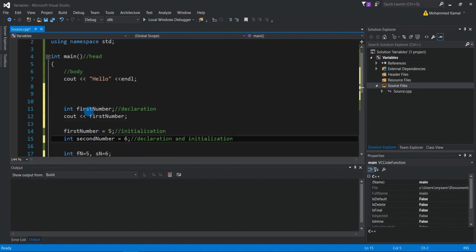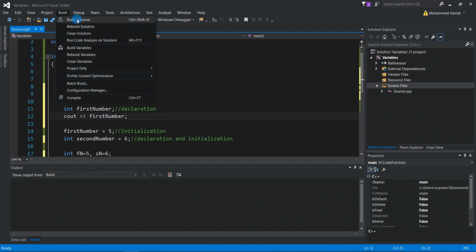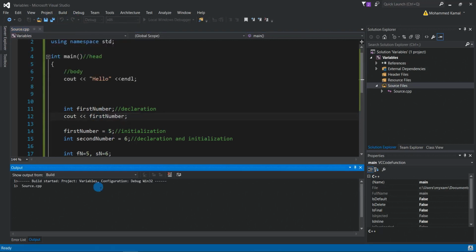Okay. There's no problem. I have first number, yes, but what's the value of first number? It's like when someone is asking a number in your mind and he doesn't know the number. So there's no number right now. And I'm printing the value of this number which doesn't have anything. So you see there's no problem. It's not saying undefined and stuff. And if I build it, let's say build a solution here,